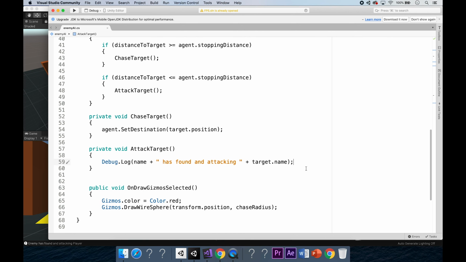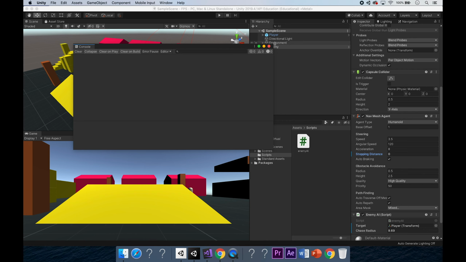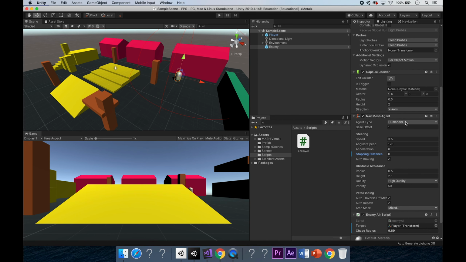So if we save this, last thing we're going to do is go to our nav mesh agent on our enemy, and we're going to make sure stopping distance is at 1. If it's at 0, it could not make the debug spawn because he's got too close. He'll be literally inside our capsule. It needs to be a stopping distance of around us, not inside us. So if we put 1 on stopping distance and we press play,